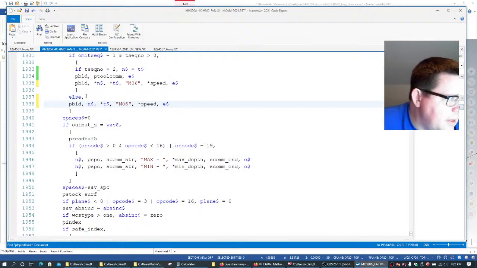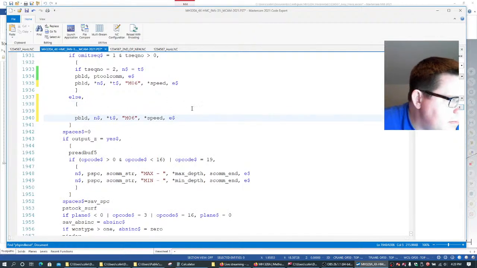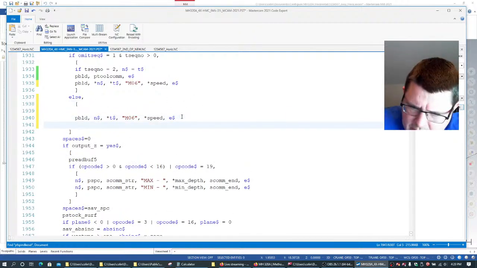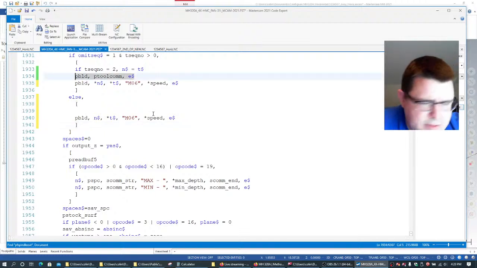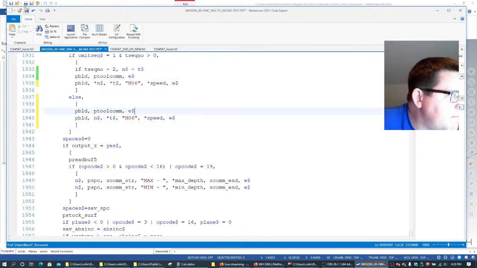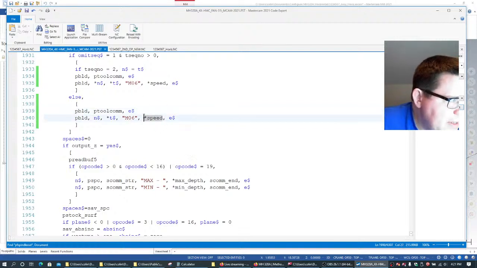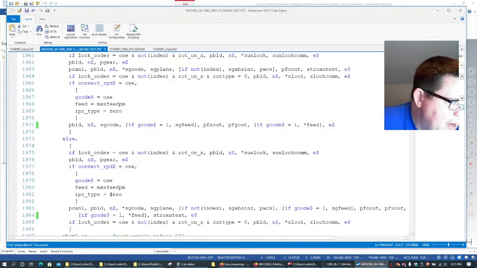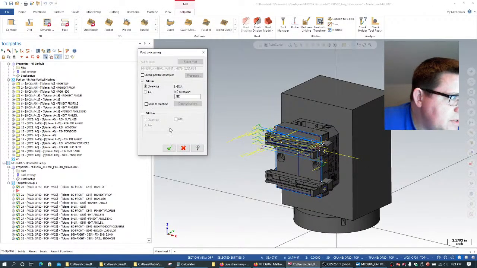Else I need to make this into its own nested post block because we need this here. So I've got that fixed. So now by moving this speed at the end of the MO6 and putting this PF spindle out after the G43, if I post it now,